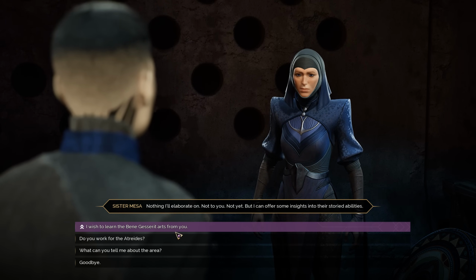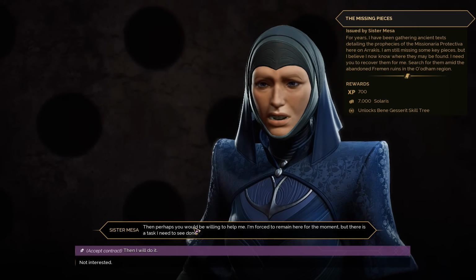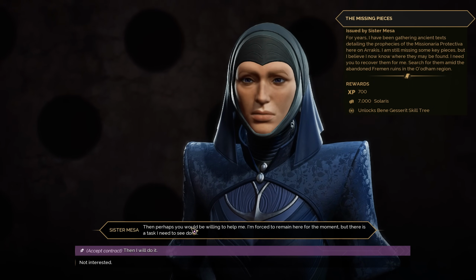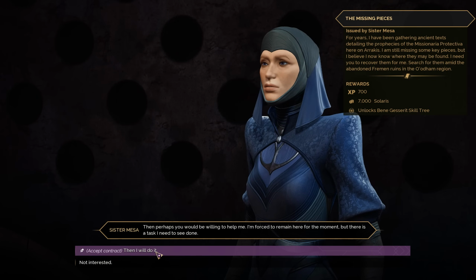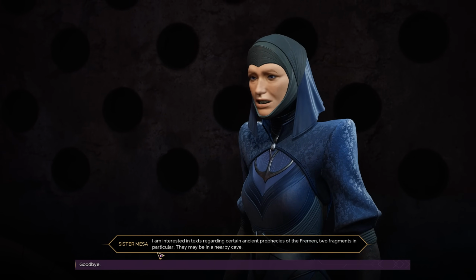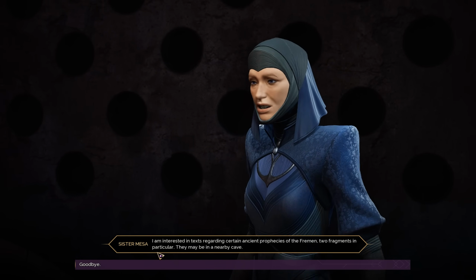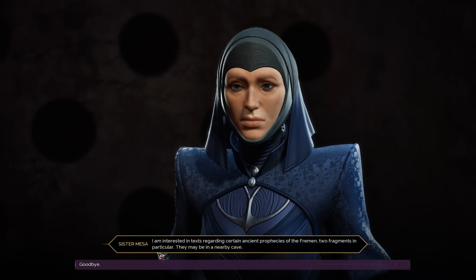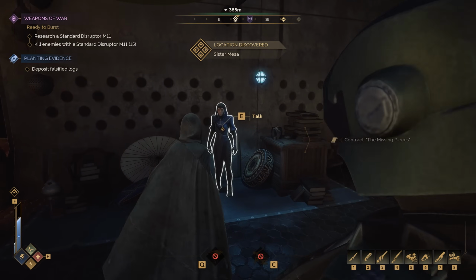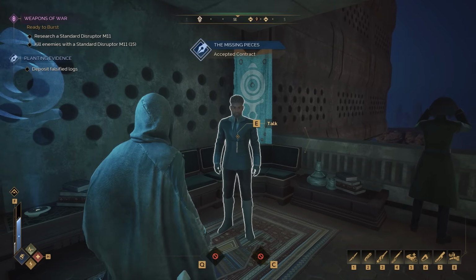Okay, I wish to learn the Bene Gesserit art from you. Then perhaps you'll be willing to help me. I'm forced to remain here for the moment, but there is a task I need to see done. Okay, then I will do it. I'm interested in texts regarding certain ancient prophecies of the Fremen. Two fragments in particular. They may be in a nearby cave. Okay, so we have to recover two fragments of text from a nearby cave. Okay. We probably won't do that today, but...